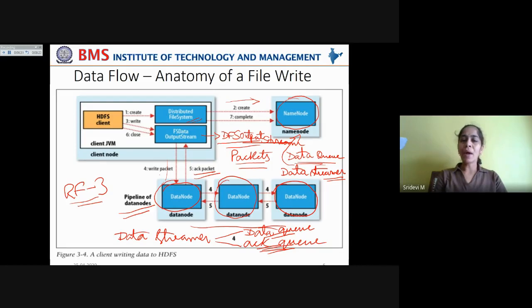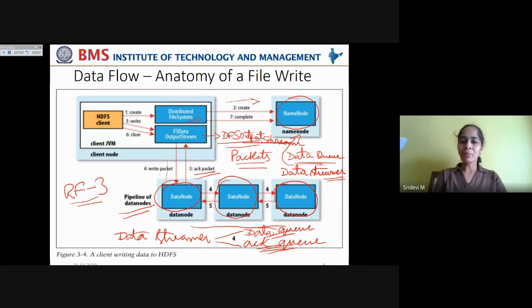When a data packet is being written by the data streamer onto a data node, if a data node fails, then immediately that is intimated to the name node, and that data stream is closed for a moment, and all the packets that are available in the acknowledgement queue are added to the front of the data queue, so that the next coming data nodes in the pipeline will not miss any of the data packets.